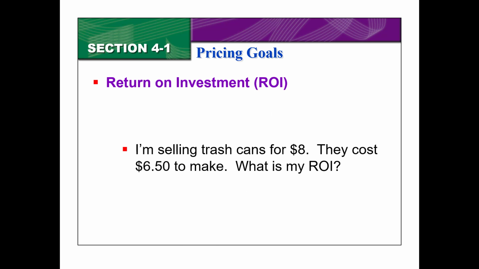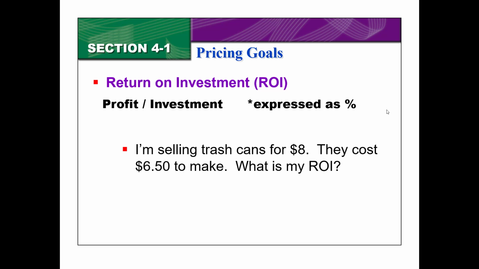So we've covered the first two goals of price, making a profit, and then market share, market position. The third goal of price was to have a certain return on investment. This is often referred to as to achieve a specific ROI. Now, return on investment is a calculation that's used to determine the relative profitability of a product. And so it's found by taking your entire profit divided by your investment, and your answer is actually going to be expressed as a percentage. So profit is another word for return, and that's where we get this vocab word return on investment.